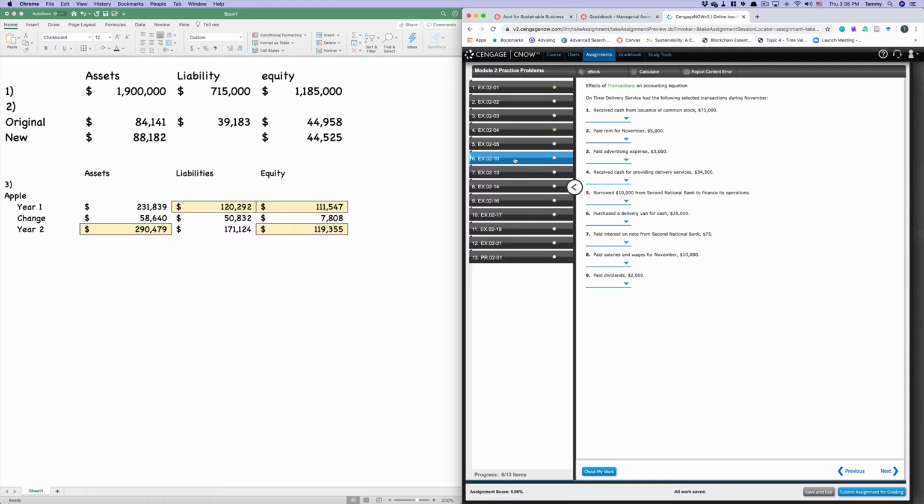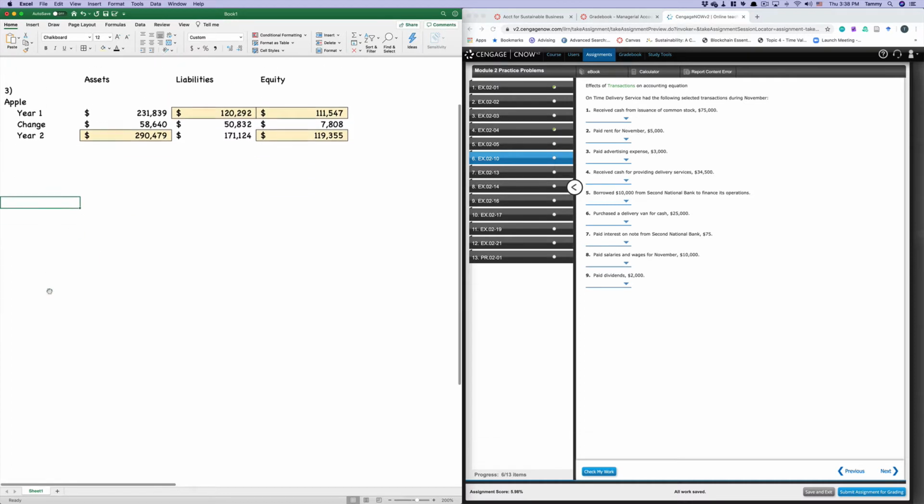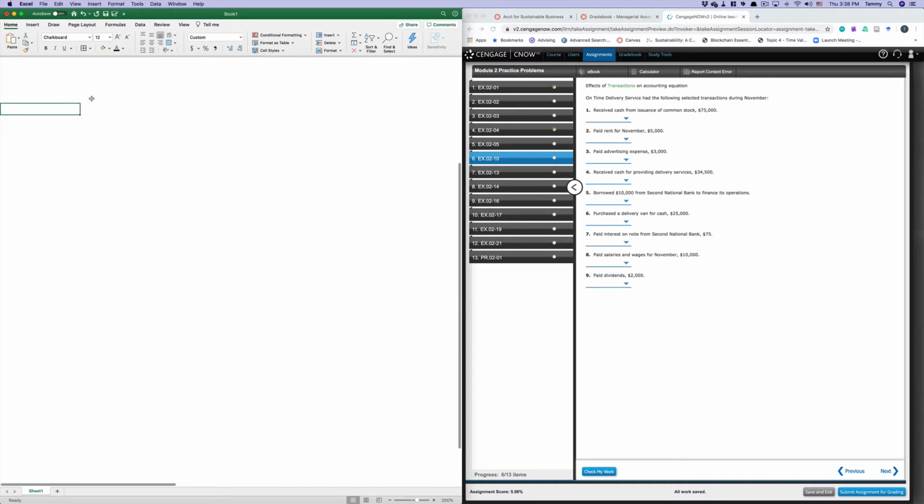Now we jump to number 10 here. So now we get into the transaction analysis. And so this is a kind of Cengage problem where you're given a drop-down menu. Right, so what I would suggest, don't just keep checking your work until you get it right. What I would suggest that you do, here, I'll get this out of the way. Right, so for these transactions,